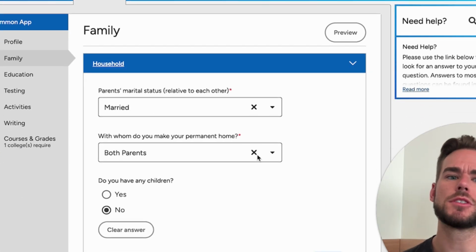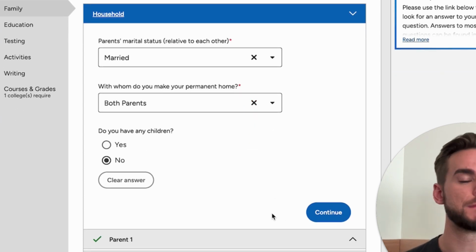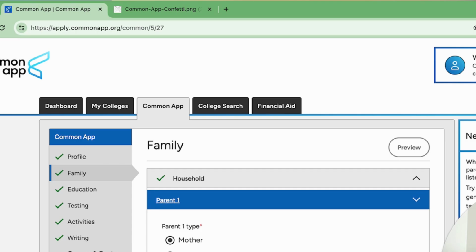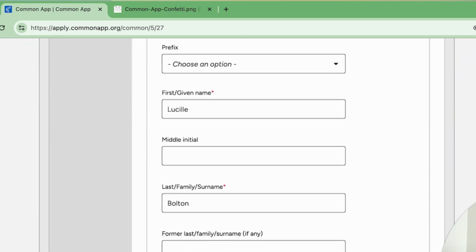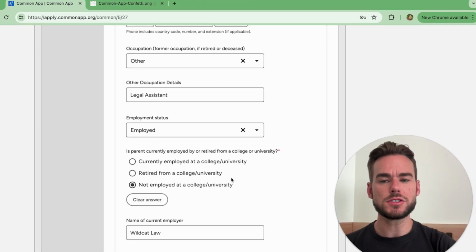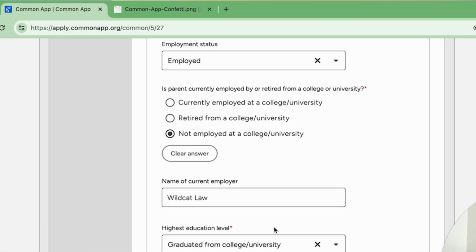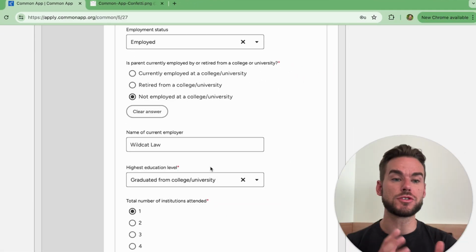One of the main ways that colleges are going to be getting a sense for your home environment is by looking at the educational background of your family members. One thing I wanted to point out in this application section, if you scroll down to the bottom of the information on your first parent, you'll notice that there's questions about their highest educational level. This is how many colleges get a sense for whether or not you are considered a first generation to college